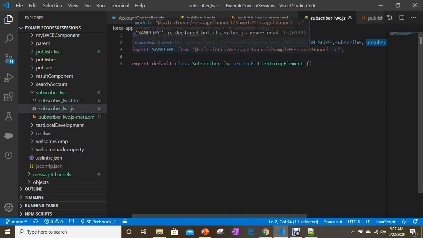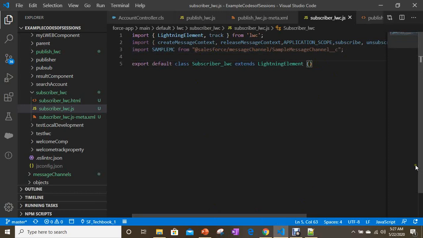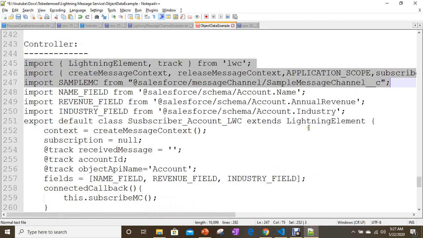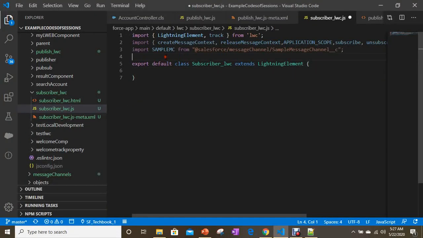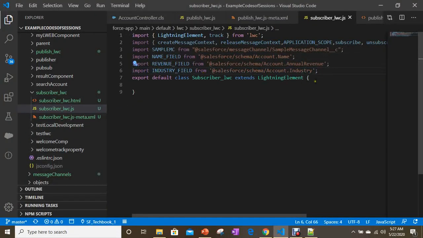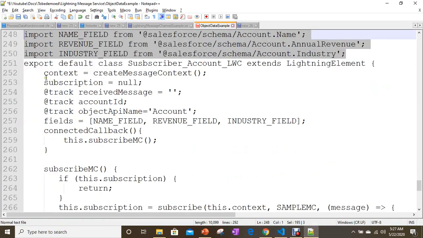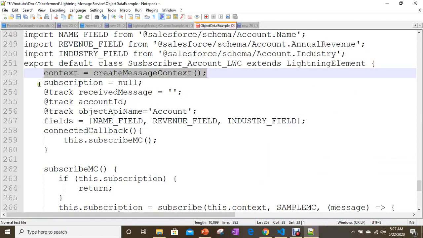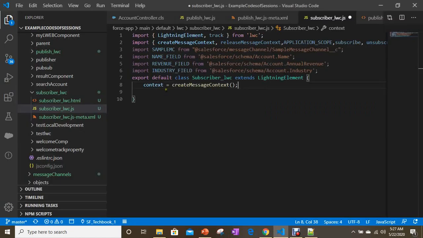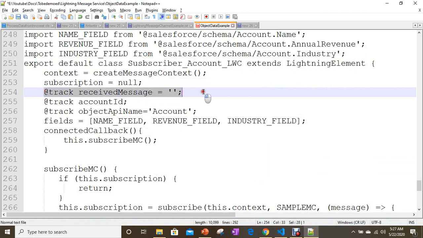So now the simple message channel you imported, and I'm importing fields also. You already know from previous examples how to import. Then setting context and a variable null, so that if you want to unsubscribe you can; otherwise no need to use this.